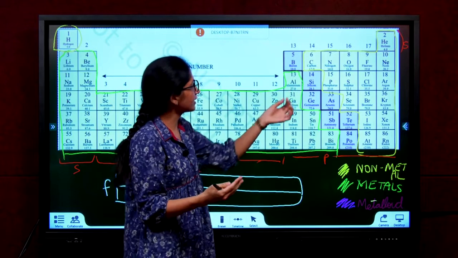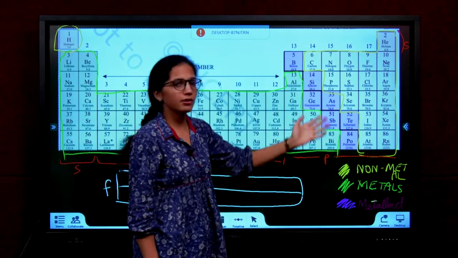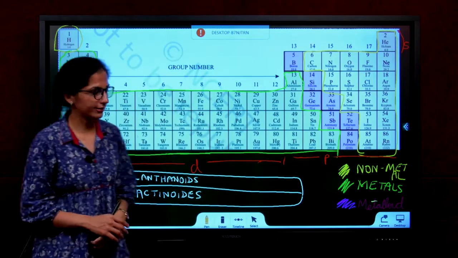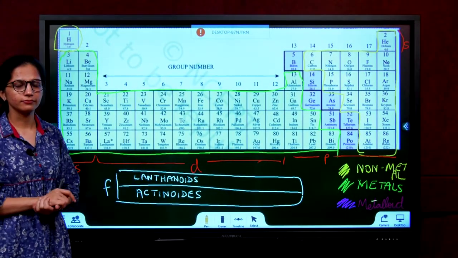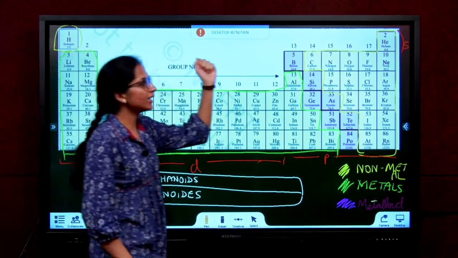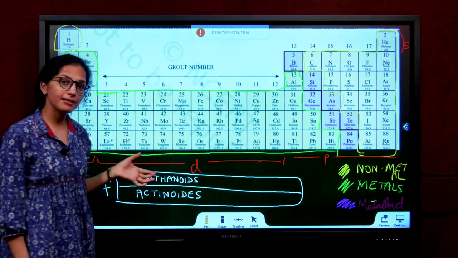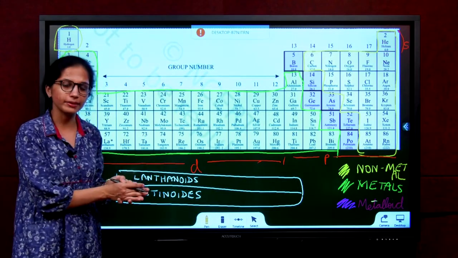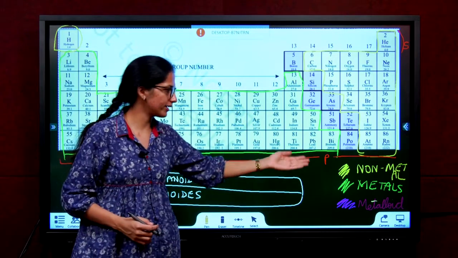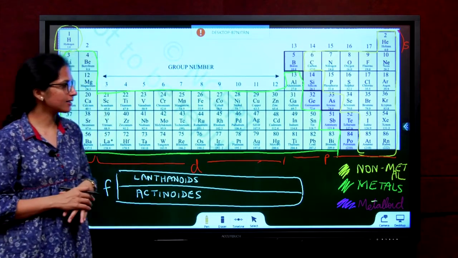A few examples of metalloids: silicon, germanium, boron, arsenic. You can remember 3, B, Si and Ge is enough. Those are examples of metalloids. So summarizing the limitations: hydrogen's position was not justified. Helium is actually an S block element, but it is placed with P block. Lanthanoids and actinoids are placed in a separate block and not attached to the periodic table. These were the 3 limitations. Then we realized that we have metals, non-metals and metalloids. Metalloids are elements that show behavior of both metals as well as non-metals.